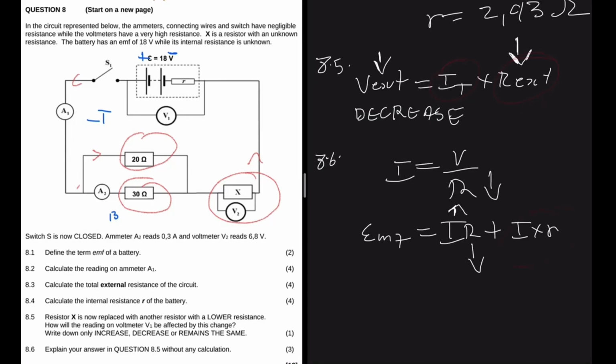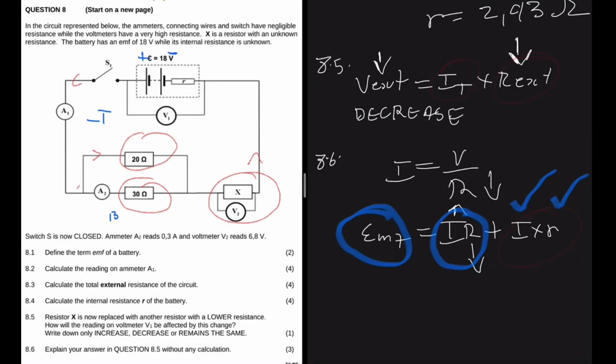R stayed the same, and now the current went up, and we need EMF to be constant. So there's no way for V external to increase or stay the same. It has to decrease so that the EMF remains a constant. So even though the external resistance is decreasing, the current will not go up such that V external stays the